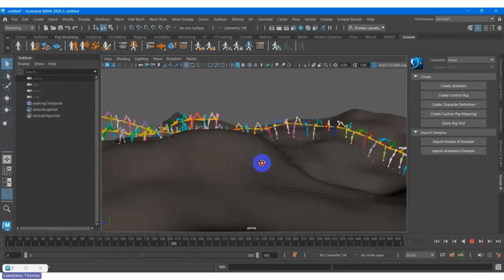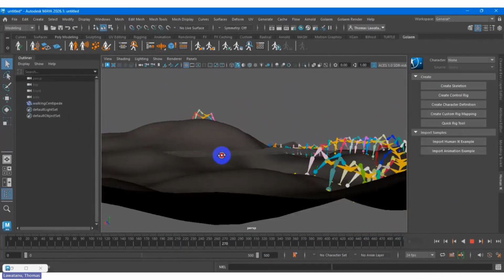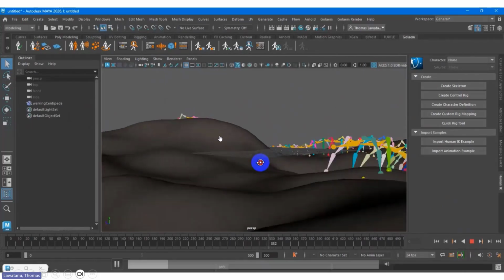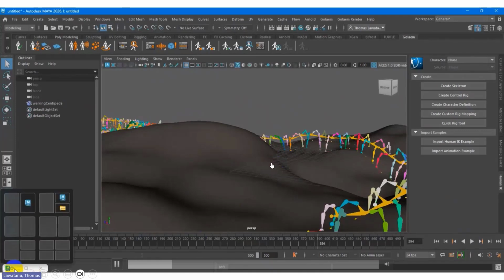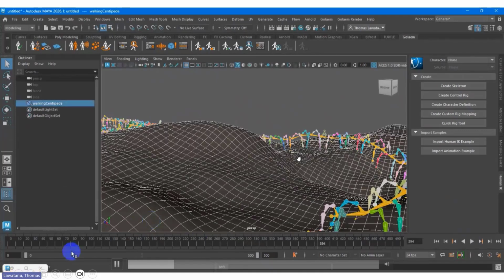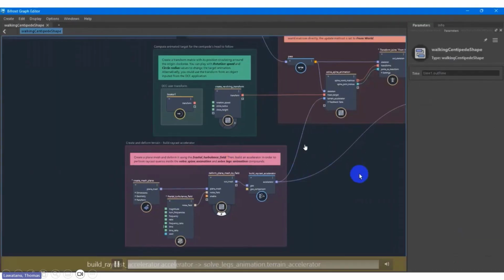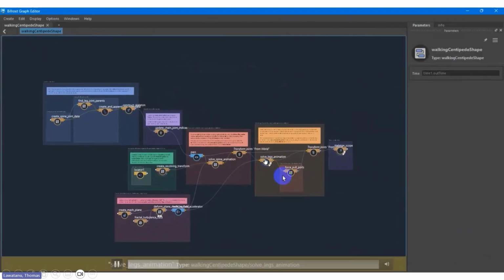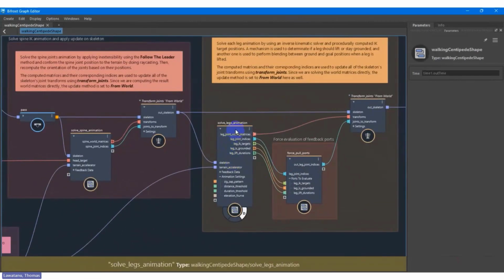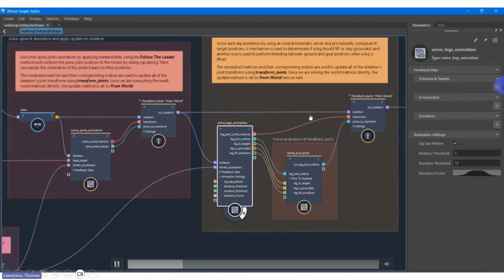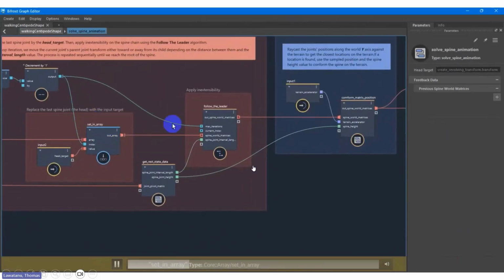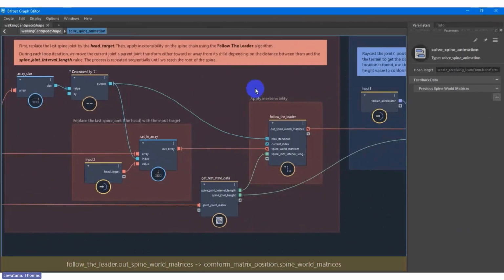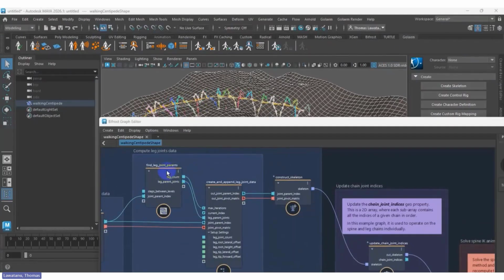But right now, if you have a project like a snake or a centipede, you can use this rig, which is already there. Maya provides it, and you can even customize it. Let's say I want to make this one shorter, is that possible? The answer is yes. This is Bifrost. It's a bit complicated because it is node based. If you're willing to learn, there are a lot of resources on the Autodesk channel on YouTube.